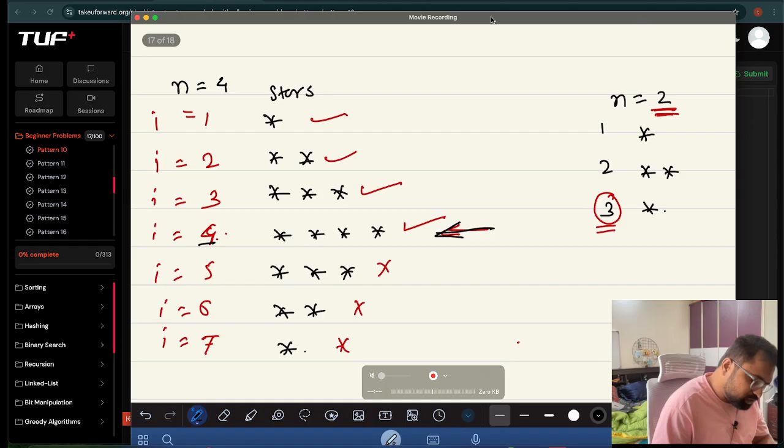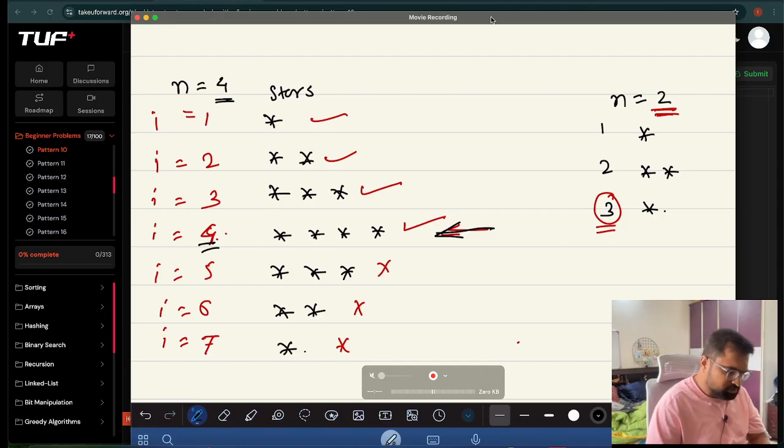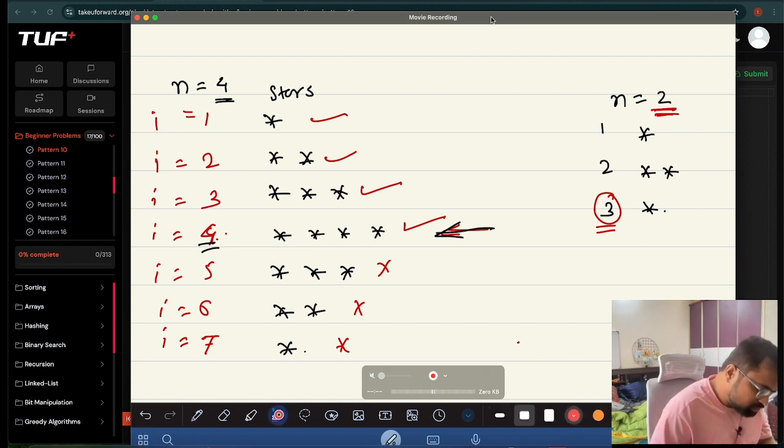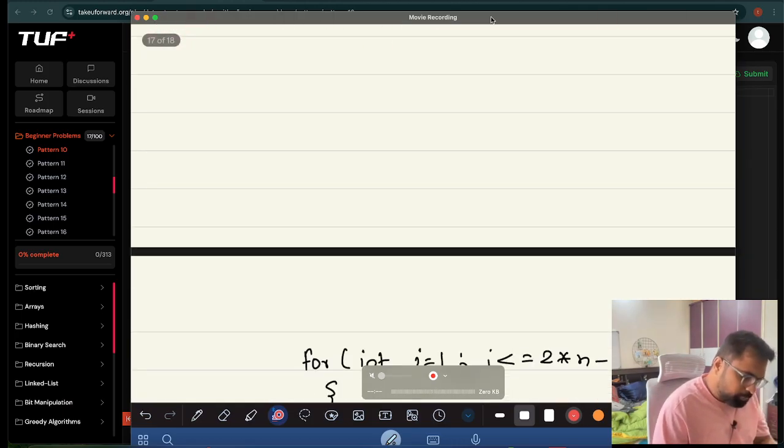So 4 is our n, right? And after that, what is the issue? For I equal to 5 we are printing 3, I equal to 6 we are printing 2, I equal to 7 we are printing 1 star. So now we need to build some logic for